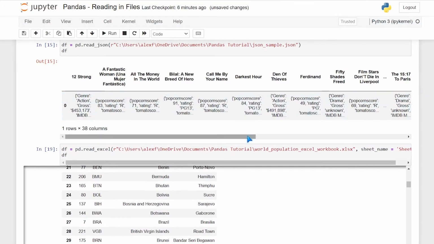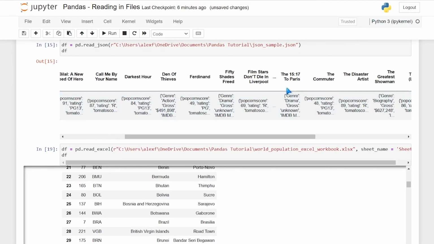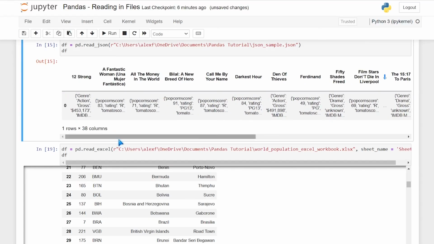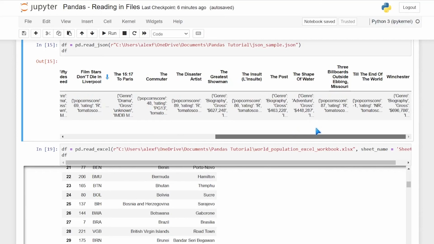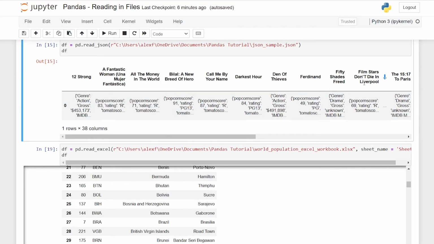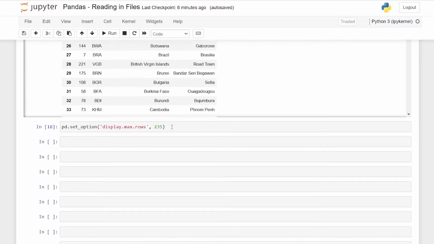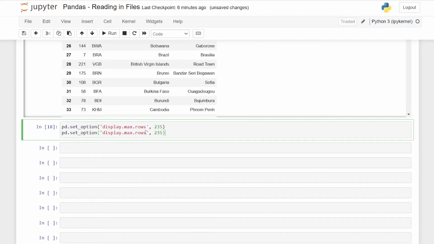So if we look at this one, this is our JSON file. It has the same thing right here. We have 38 columns, but we can only see, I think maybe it's 20 or something like that. I can't remember. But we have 38. We can only see let's say 15 of them or 20 of them. We'll do the exact same thing. And we'll just say pd.set_option.max